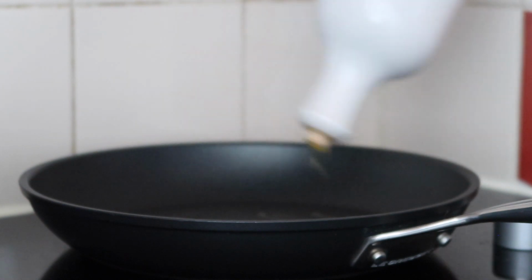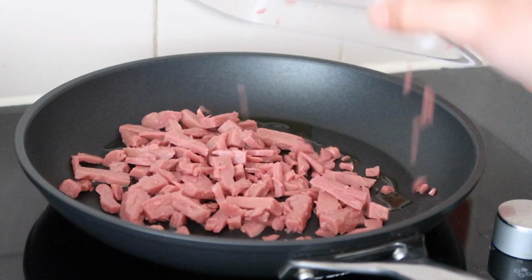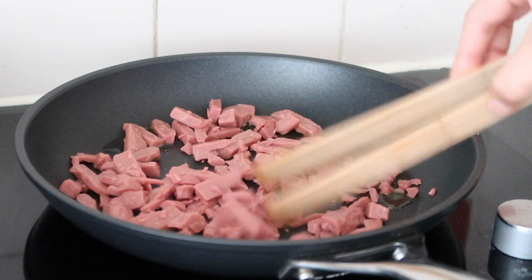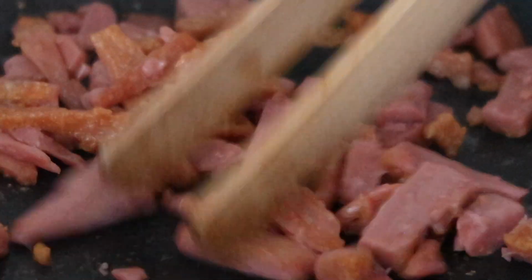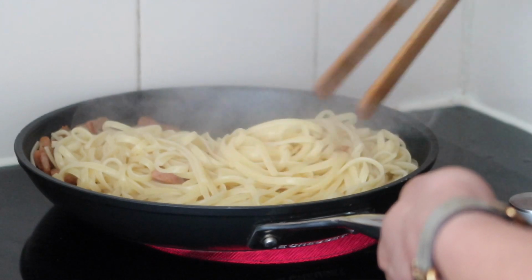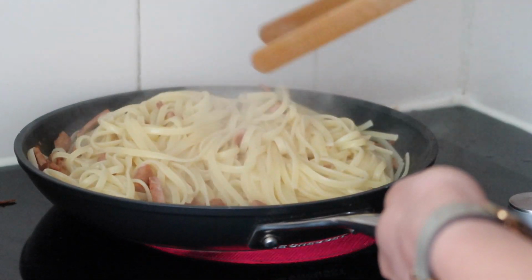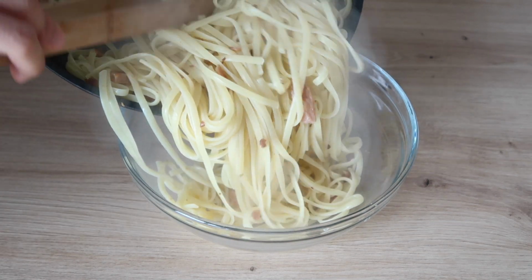Since it doesn't have the greasiness of the meat, I added some oil to a heated pan and then cooked this veggie bacon until I started seeing some color on them. When the pasta was done cooking, I added it to the pan with the bacon, along with a teensy bit of the pasta water. I mixed everything well together and then popped them into a mixing bowl